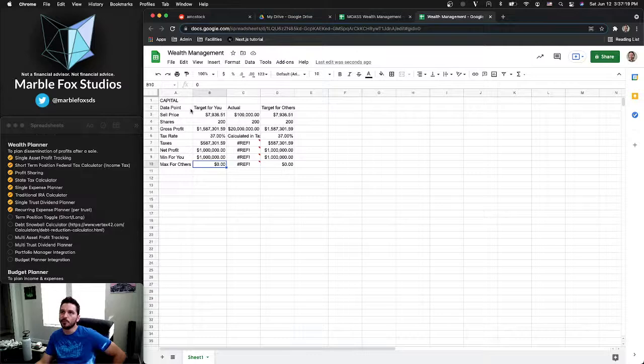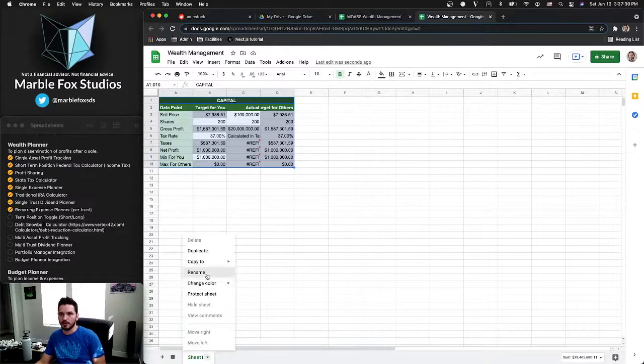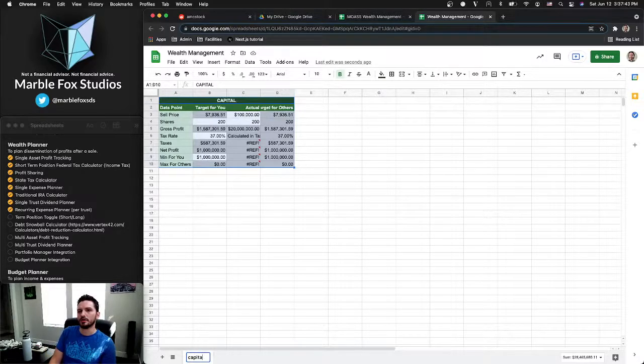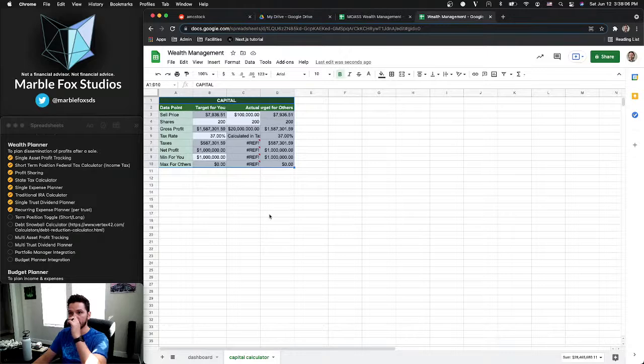How do we clean this up? Essentially, this capital calculator, we'll call this capital calculator. That's what we'll call it. And we're going to have a dashboard. The dashboard will have all the cleaned up stuff that people care about, and filter out everything else, and everything else will just be part of the capital calculator. So on the dashboard,